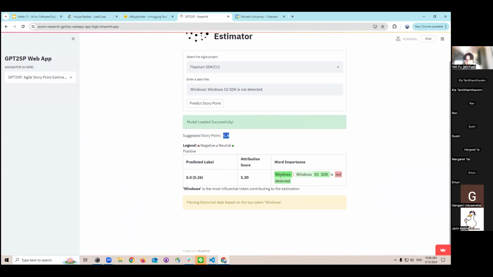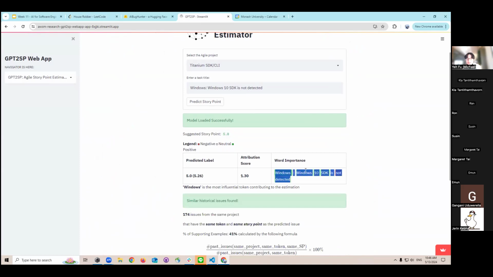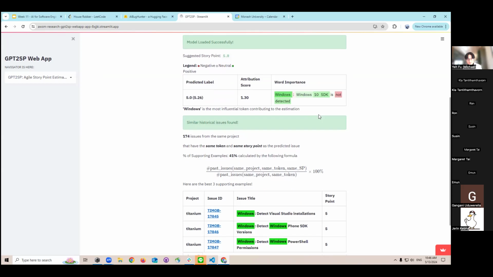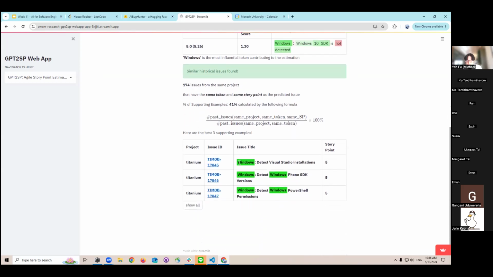It also highlights the word importance, which shows which words the model thinks are important during the inference process. And we have the explanation showing that there is some training data in our model that also generates the same predicted story point of 5, and they have the same keywords.